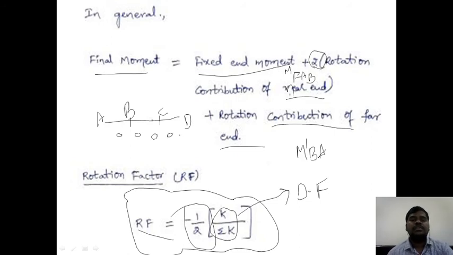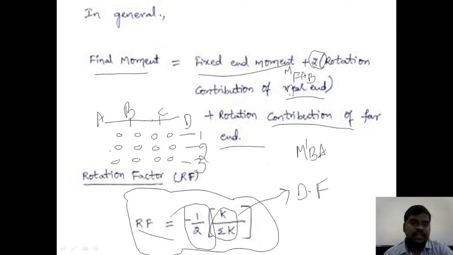After calculating this, it can be treated as the first cycle, and by using the procedure which will be explained in the next video, calculate these 4 moments again. So this is the second cycle. So how many cycles do we have to do? Suppose we are doing the third cycle also. This is very easy, I say. When you practice more problems in Kani's method, it is easier when compared to the moment distribution method and slope deflection. So this is the third cycle.